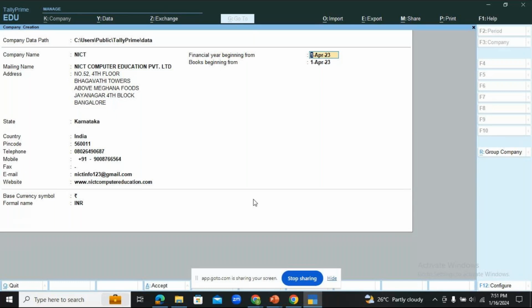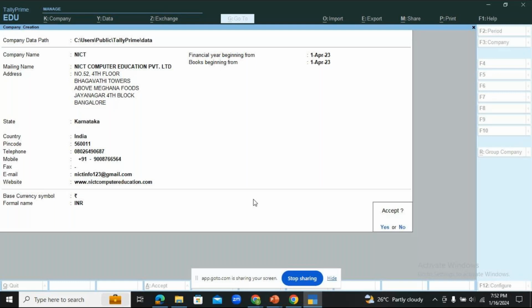I will tell you now how you save your company details. Please listen carefully and follow the same. You have two options. One, keep on pressing enter and you get a window like this. If you observe here, accept yes or no. Please be very slow. Don't go very fast in Tally. Speed matters very much. Please be a little slow. Keep on pressing enter, and you get this accept yes or no, a small confirmation window. If you press enter, it will get saved.